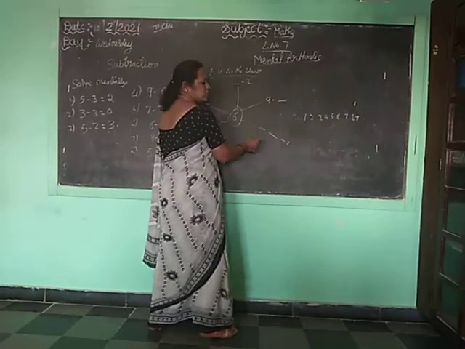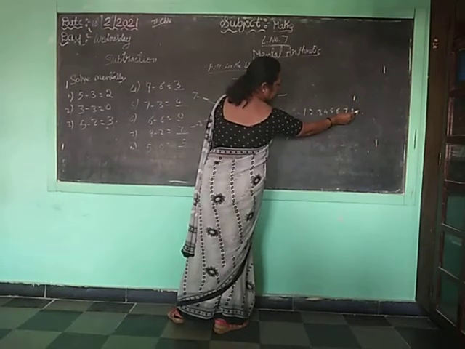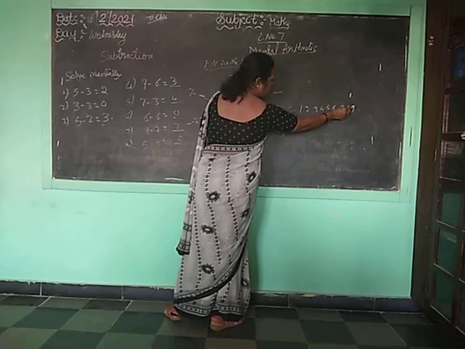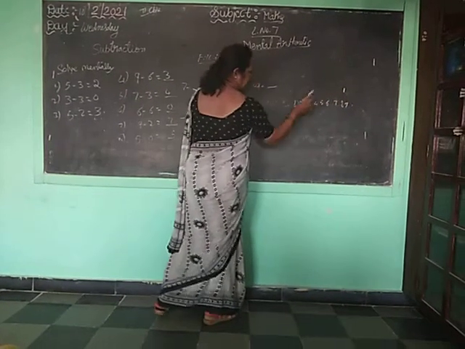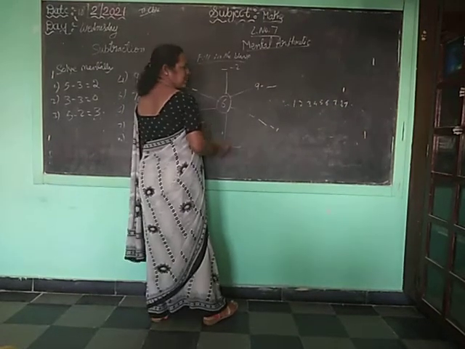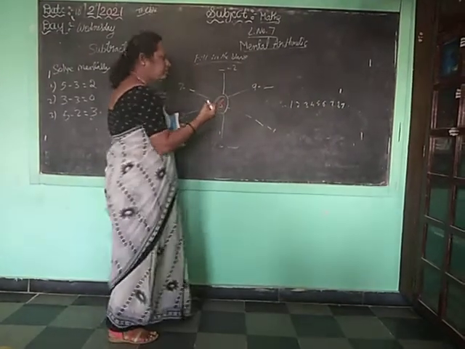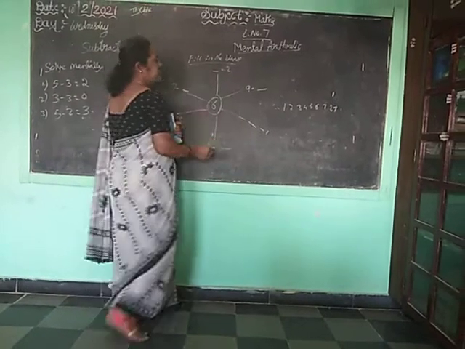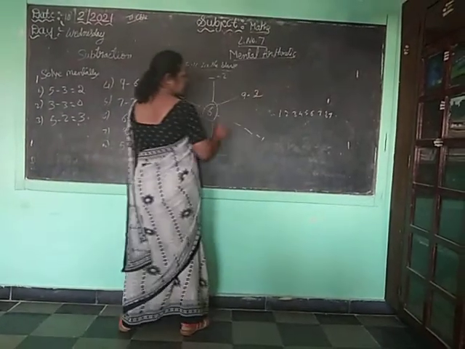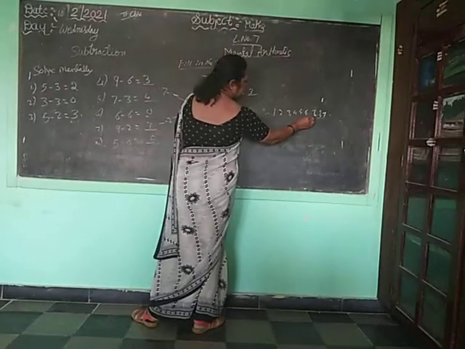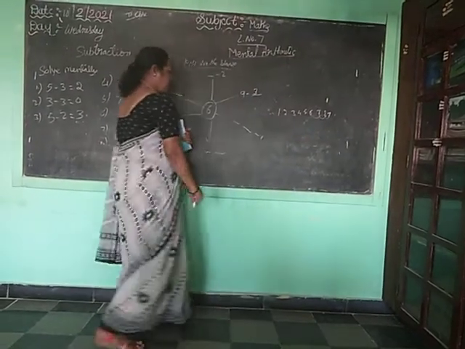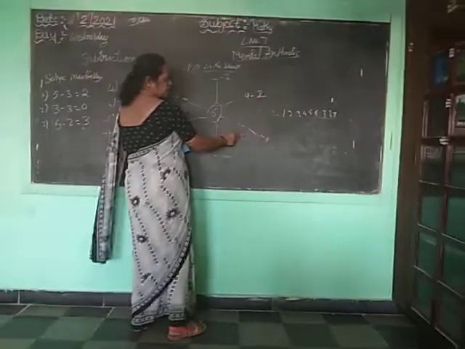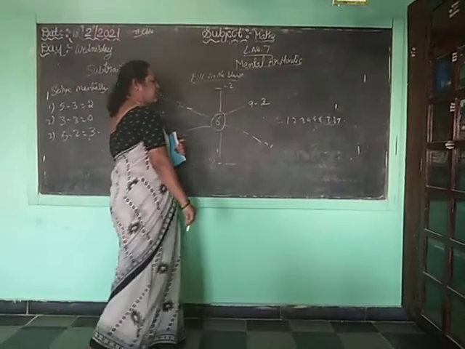So how much do you have to subtract? See, from 9 you have to subtract how much? 1, 2, 3. Okay, 9 minus 3. Going back from 9: 8, 7, 6 came. Now how much is the number? That is 3. 9 minus 3 is how much? See, 1, 2, 3. Answer is 6. Okay, now here 1 is there. So from which number if you minus 1 you will get 6?